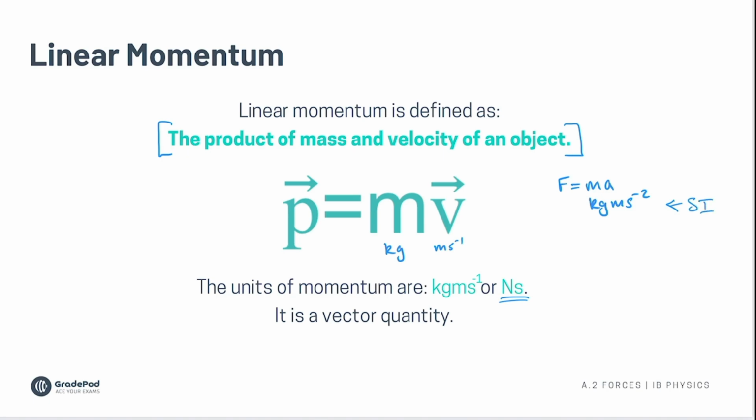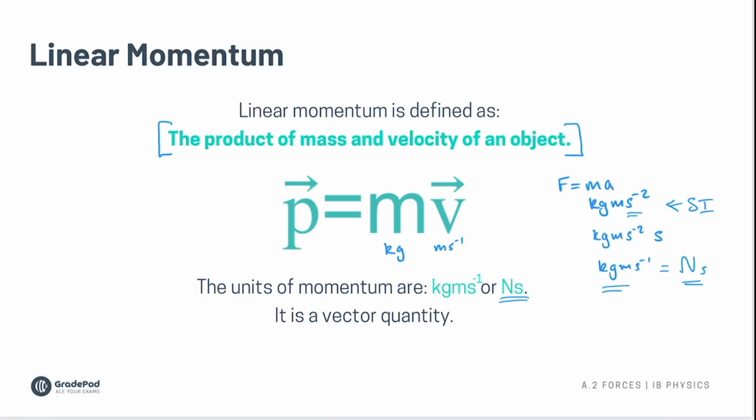We're nearly at the stage where we have the same units as momentum, but this s to the minus 2 is an issue. So if we take the units here and multiply it by s, then what we get is kg m s to the minus 1, and that is the equivalent of Newton seconds. So Newton seconds is the same as kilograms meters per second, and they can both be used as units for